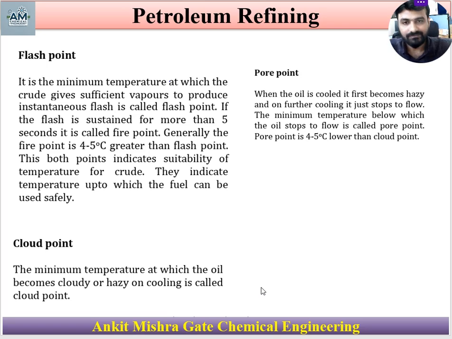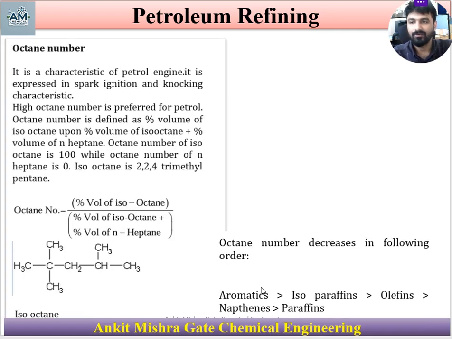So sometimes they can ask you a relation between cloud point and pour point. The pour point will be the cloud point minus 4 to 5 degrees centigrade. That you should know. Okay. Now coming to the next, which is a very important characteristic that I already talked about in the last slide,